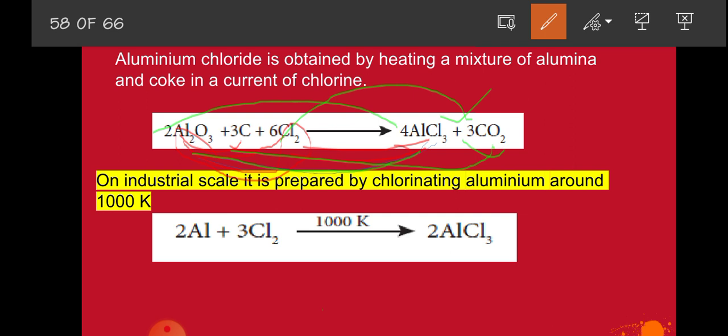So it is also one of the methods. So aluminum with chlorine, they are adding. So the aluminum will join with chlorine, it will form aluminum chloride. You understand all? So 2 aluminum, get them 2, and